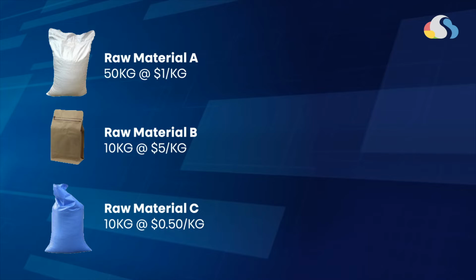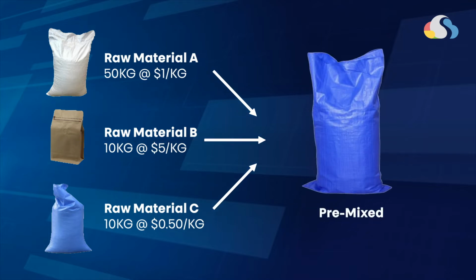What they are doing is they're mixing all the raw material. So for illustration purpose, let's assume she has raw material A, material B, and material C, with 50 kg, 10 kg, and 10 kg with the respective prices. Okay. What they're really doing is taking A, B, and C and putting it in the mixer so that you get a premix, where this premix will become the raw material that will be poured into the injection molding machine.